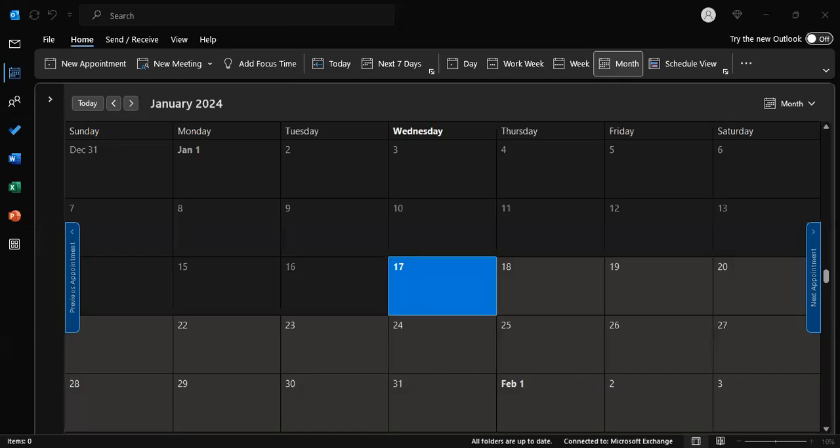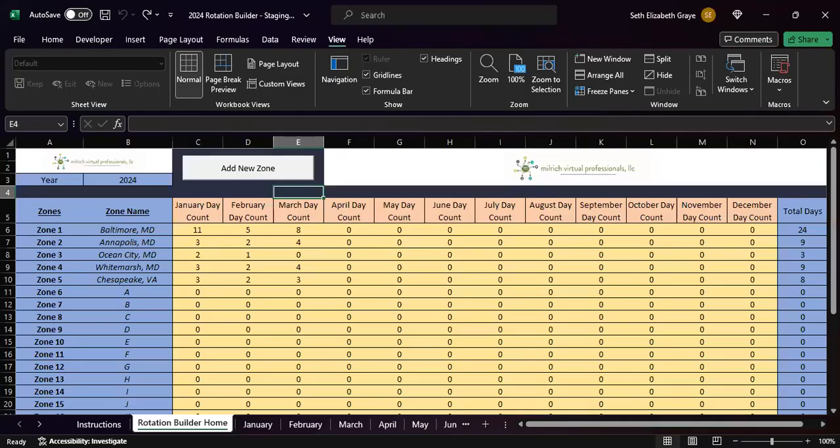Hi, in this video, we're going to be going over the updated 2024 Rotation Builder. With this update, we brought back some beloved and requested features, as well as updated the color scheme to a more user-friendly one. Heading on over to our Rotation Builder, you can see that I've already populated it with some